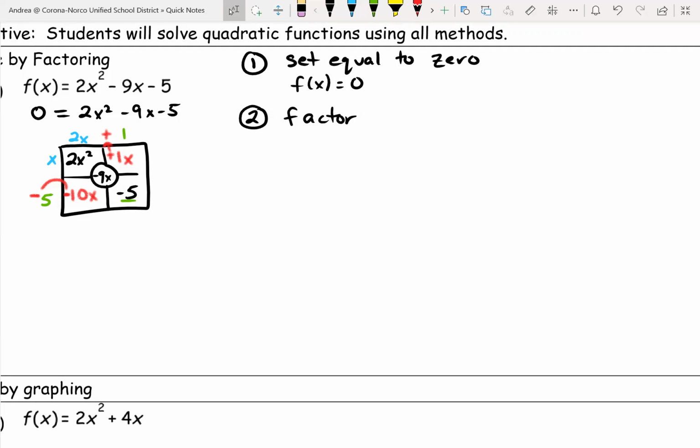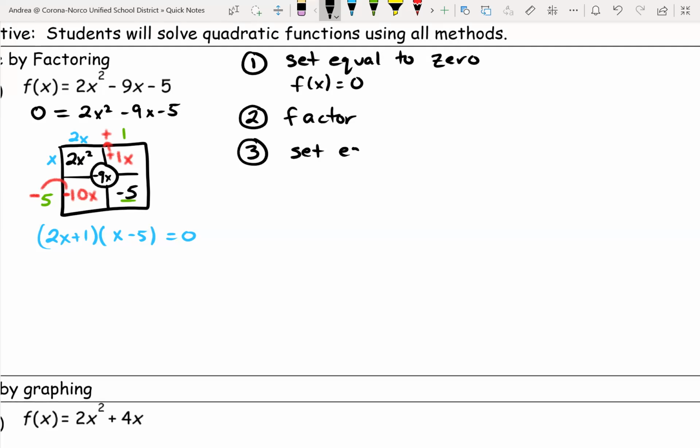Okay, so my factors now are 2x plus 1 times x minus 5, and it equals 0. Any questions? Okay, step 3. This is the one that you guys forget to do. A lot of you guys will tell me, oh, my answers are negative 5 and 1. No. Step 3 is